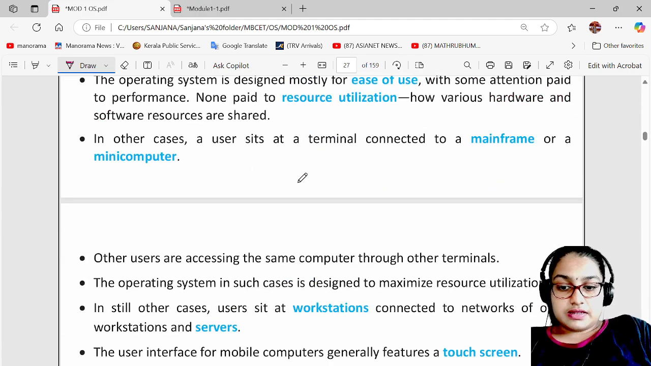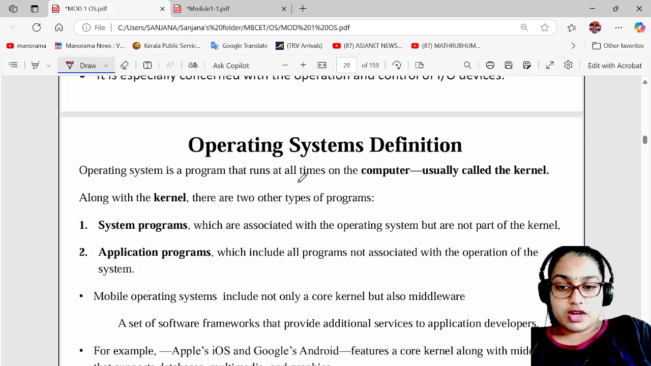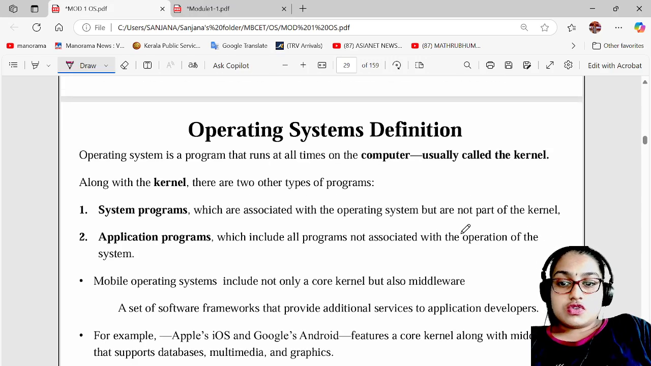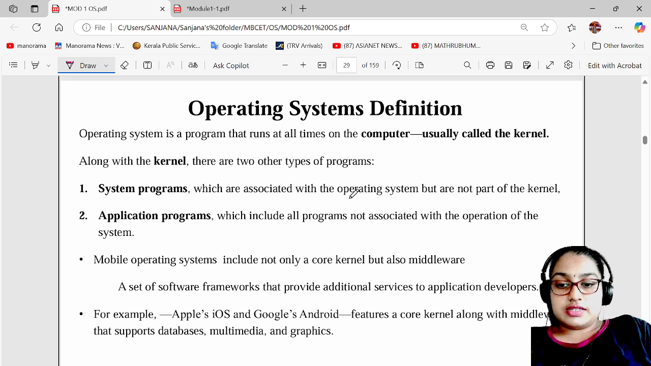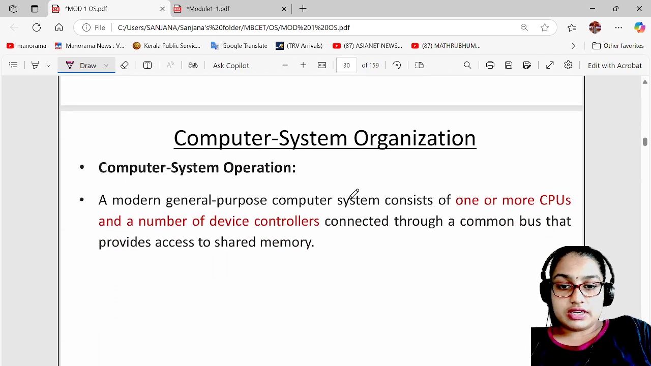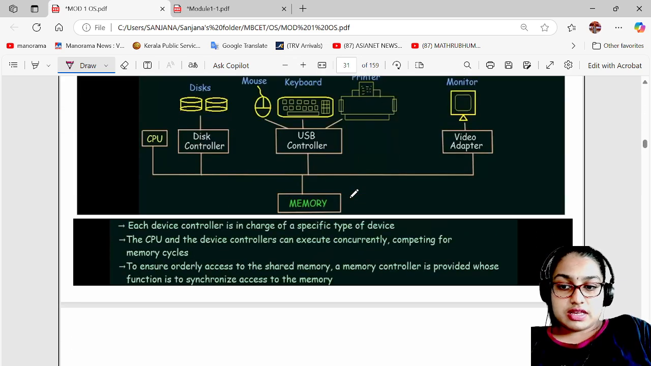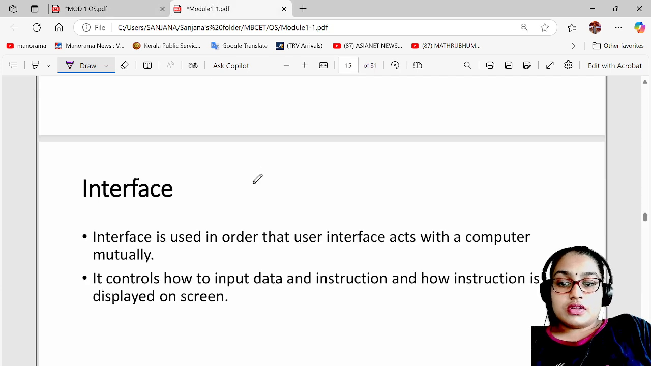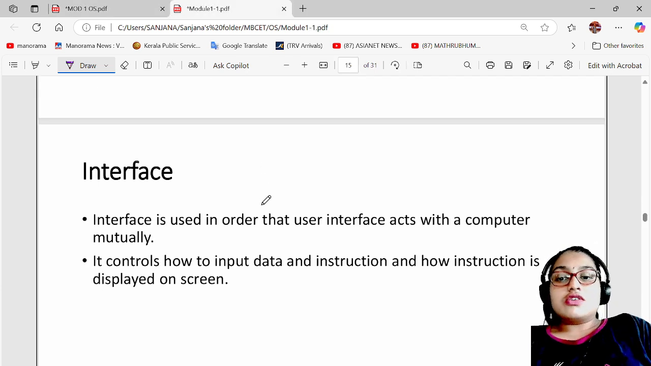Then we have different types of views, the system view and so on, that we will be discussing in the next video. Okay, here the proper definitions are there, which I have told you before. We have the organizations and things. The interface and other things are there. So all these things we'll be discussing in the next video. Until then,